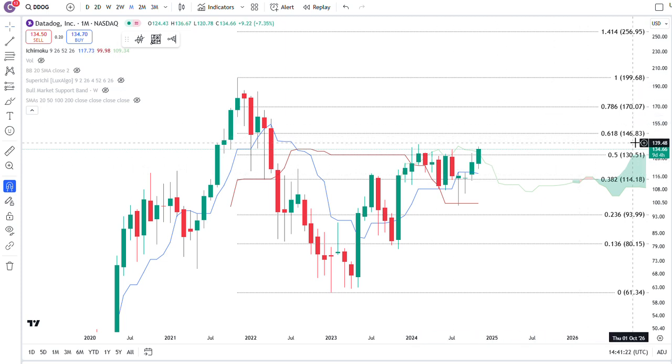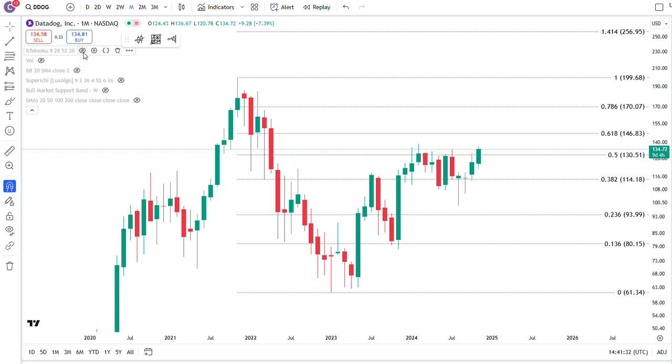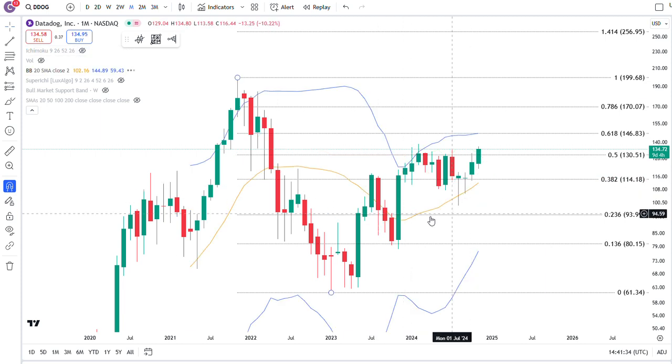But before that, you have to have some resistance around 146.83, and then 170. These two are very, very strong resistance levels here probably. So we'll see how it reacts when it gets there, right? But overall, this is very much a bull trend. There's no doubt about it. 20-month moving average nicely curling up. You have room for it to go to the 0.618 here on the upper Bollinger Band, right? Before you didn't have that. Now the Bollinger Band's expanded up. Now you can get to the 0.618, which is where I think it's probably going to end up gravitating to. We'll see how it goes.